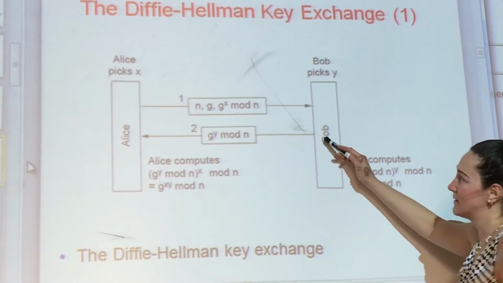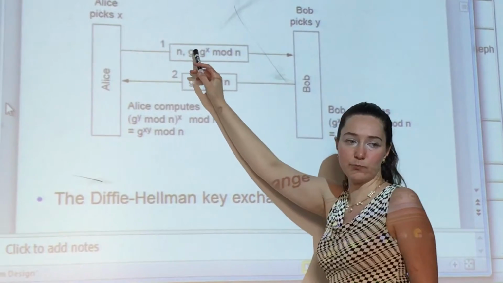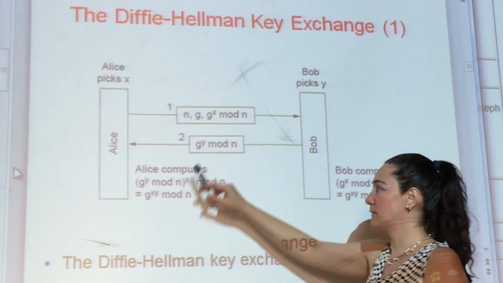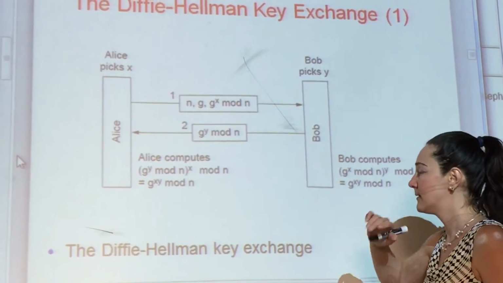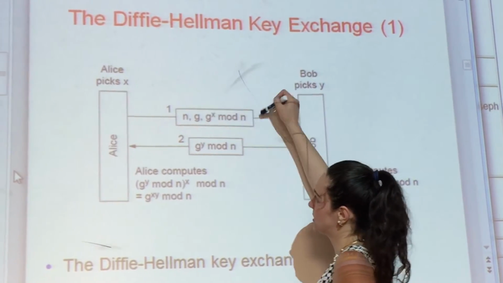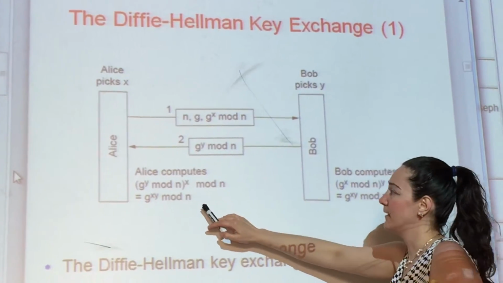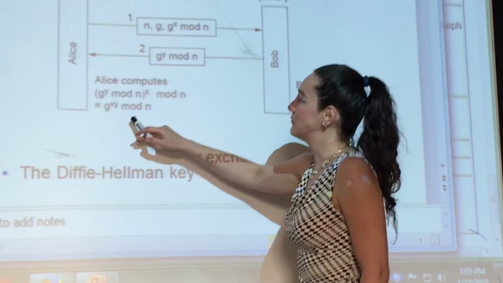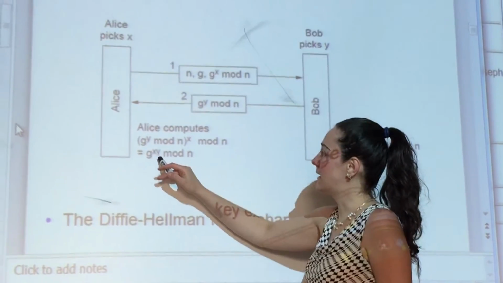What Bob does is the same thing, but instead of raising to the power of x, which is the private number for Alice, he raises to the power of y, which is his private number, and sends the result to Alice. Now, once Bob has this piece of information, g to the power of x, and Alice has g to the power of y, they compute g to the power of x times y